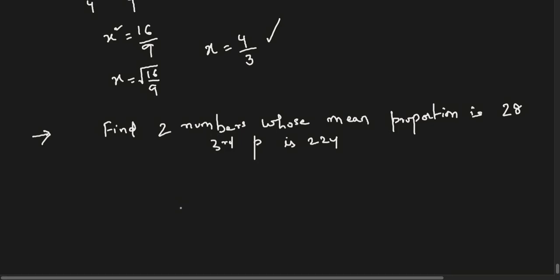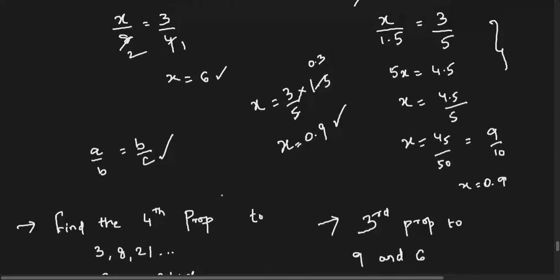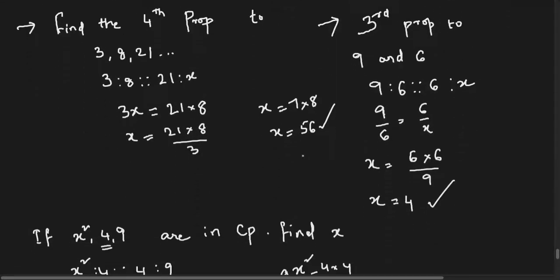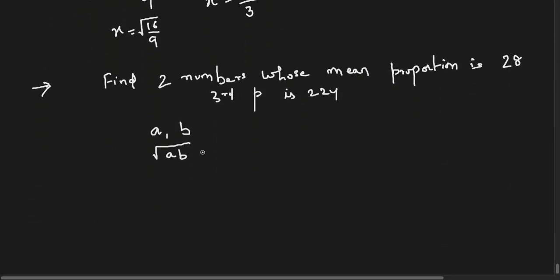28. And you know that, so let the two numbers be a and b. Okay, we are assuming let these be a and b, and mean proportion between them is how much? Mean proportion between them means root of ab. Root of ab is how much? 28. Mean proportion means multiply them and get the root of them, that is mean proportion. Okay, we have discussed this before also. Here mean proportion, root of this. Now, how much is given here? It is given as 28. And third proportion, how much? Third proportion is given as